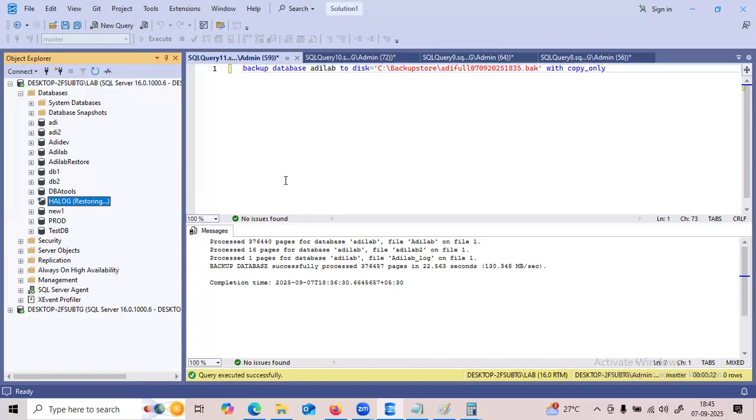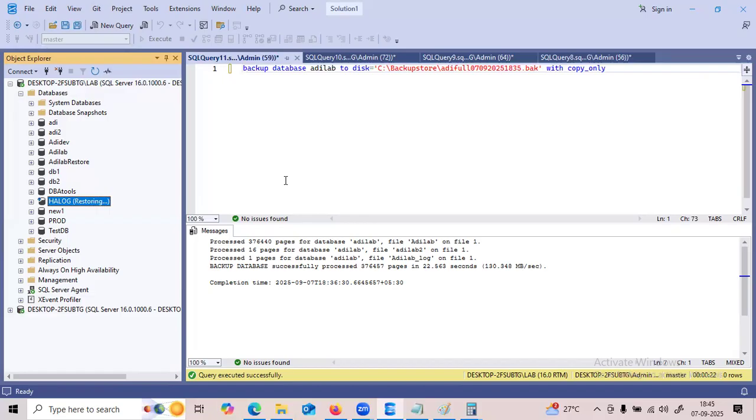But if the MDF is corrupted and the transaction log is available, then we can take the log backup with NO_TRUNCATE. The database is corrupted and I want the data. What data is stored in the transaction log? I want the entire data. So in that scenario, whenever the database is corrupted, we can take the log backup with NO_TRUNCATE.